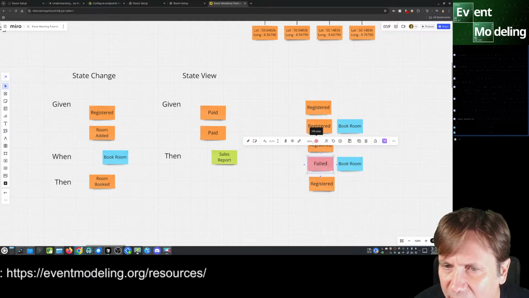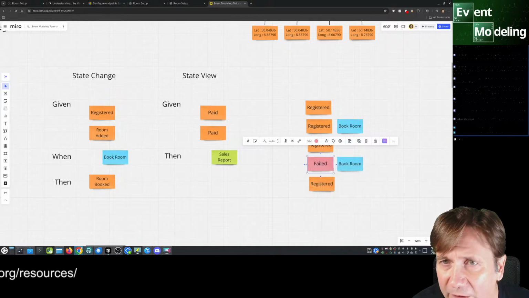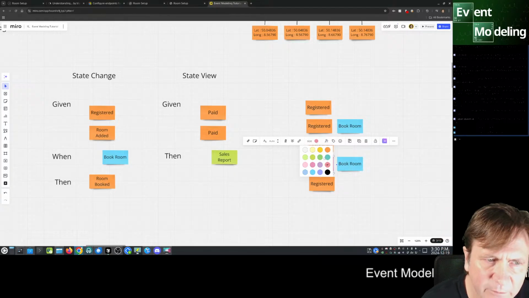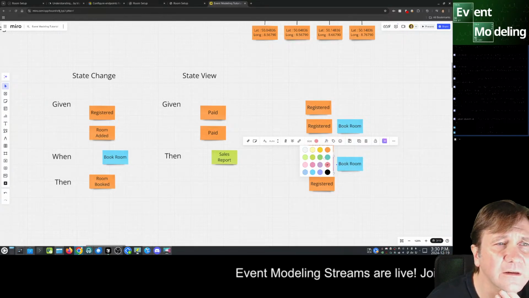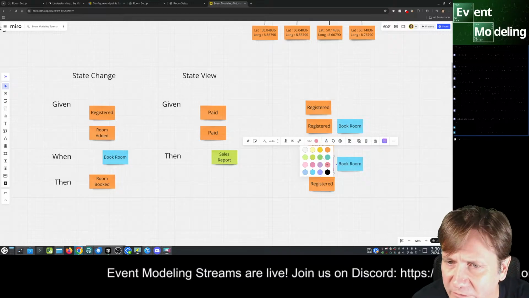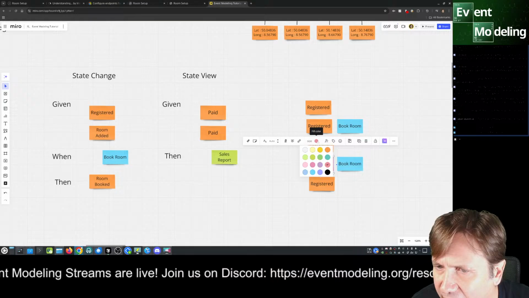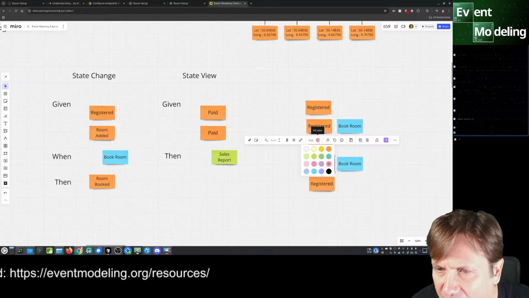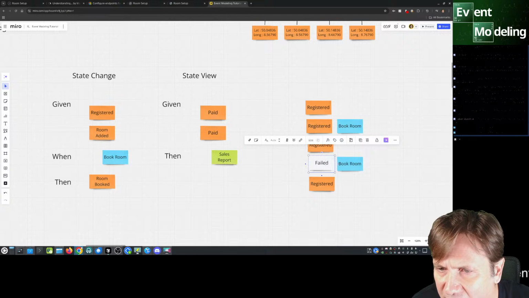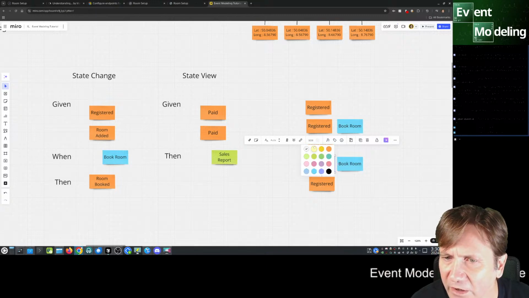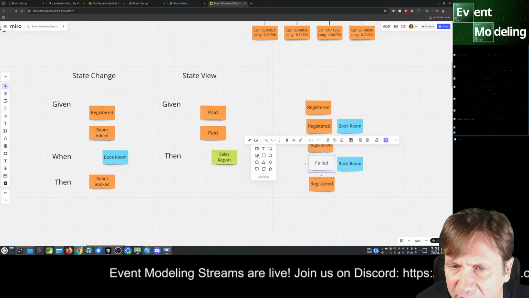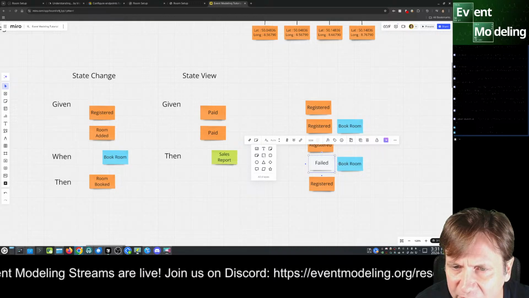What is this? Show author. Why am I not able to do a red color? What am I missing from Miro? What do they change here? Is this another restriction they added? I'm paying way too much for this to be restricted from adding another color. Where's the color? Fill color. Where are the choices? This is very odd. Oh, is this because of a sticky note? Oh, God. What is that? Square sticky note.